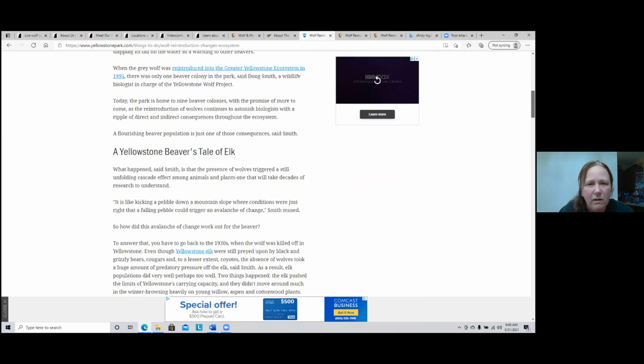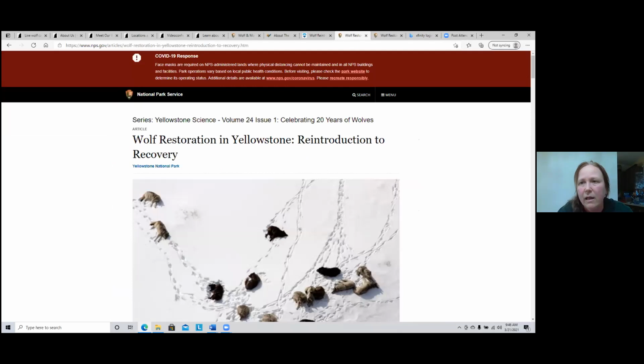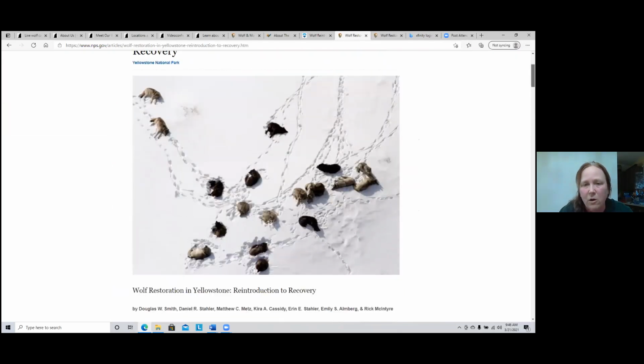So here, let's see. Nope, this one didn't have any pictures. So that's one of the Yellowstone sites. Here is one of the wolf packs in Yellowstone. And Yellowstone has some of the largest packs. But again, they don't have a lot of